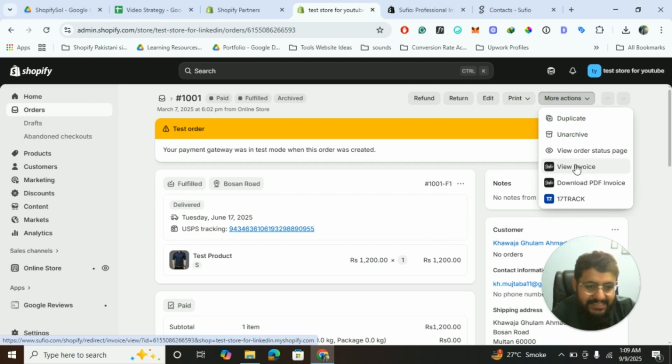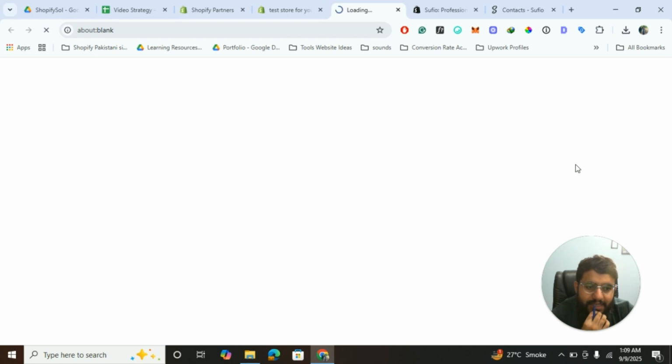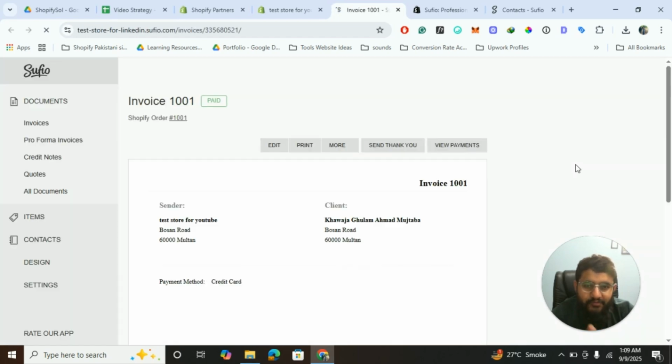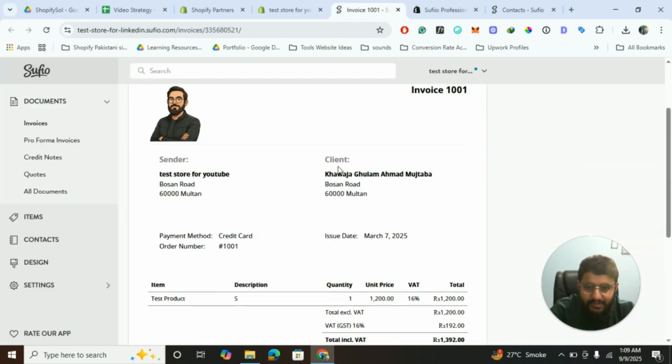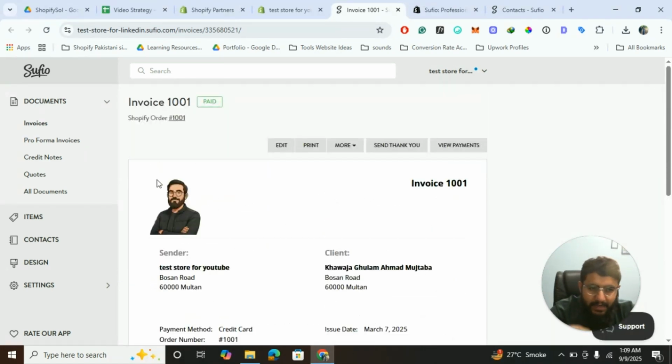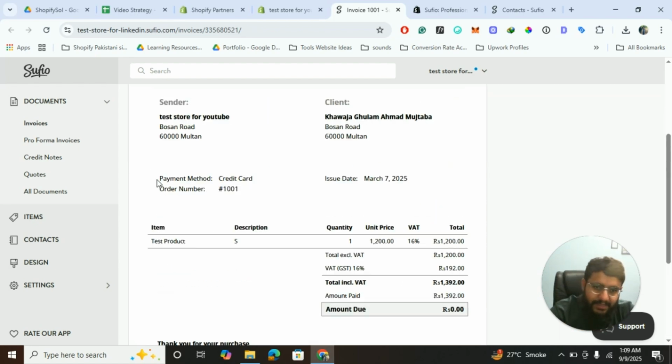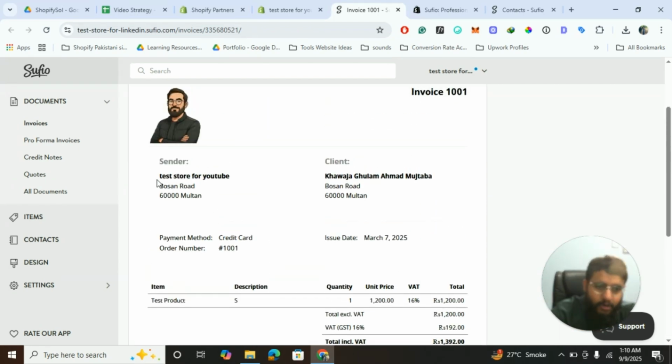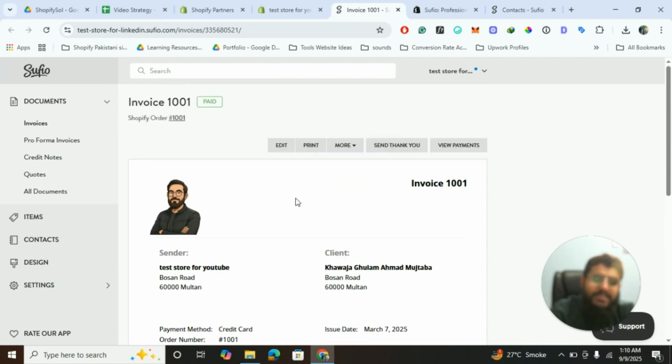And countdown has started. Let's see if the invoice is according to the design we created. 1 2 3 4 5, and that's it. As you can see, this is the professional invoice that we created. Although I don't like my avatar this much, we have edited all the stuff ourselves. We have changed the themes, the typography, all the stuff. So this is how you can create it, and I hope the things are clear and you will be loving this app. Thank you very much, and let me know if there is an issue.